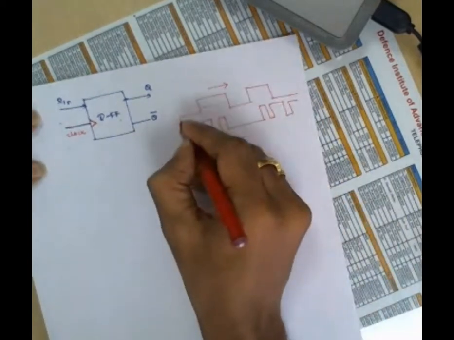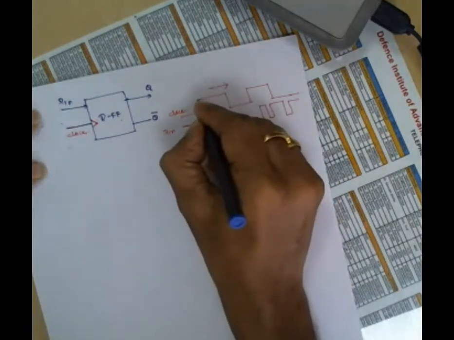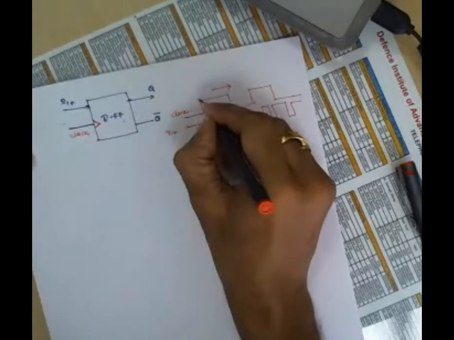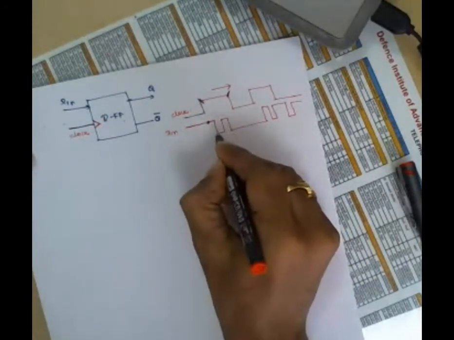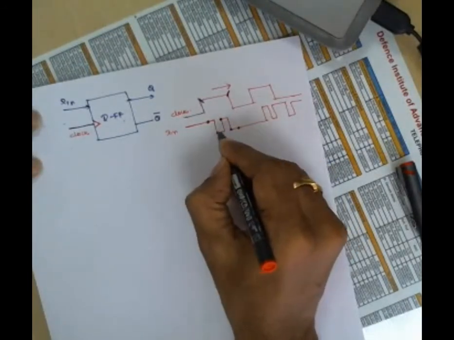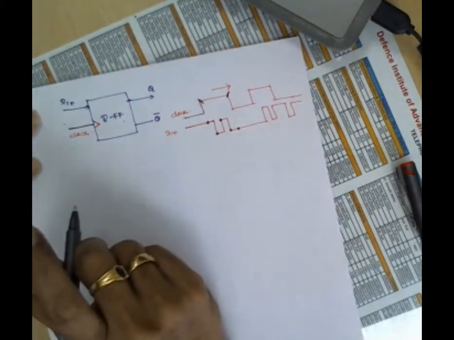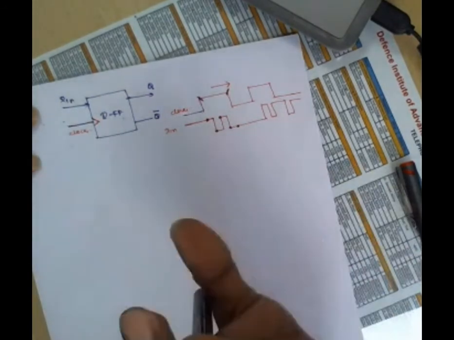You look here, this is the D in, this is the clock. If you analyze the output, if you take the latch, what happened? There is a change in the input from this time to this time. At this time it is 1, then it becomes 0, again it becomes 1, then it becomes 0. So till this time there are 3 transitions. If you feed this into a D latch, your output also will undergo 3 transitions.